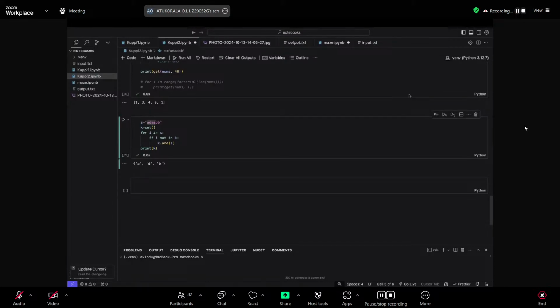Because the checking time is much faster in a set than in a list. In a list, you will iterate through the whole list. In a set, you can just check if that value is there or not. Again, these are things that you will learn when you come into CS. But I think that should answer your question.